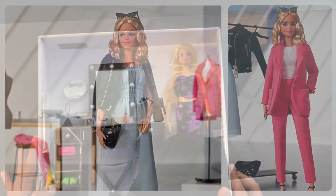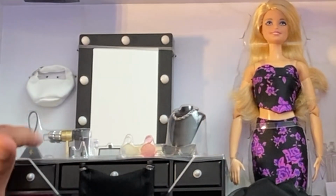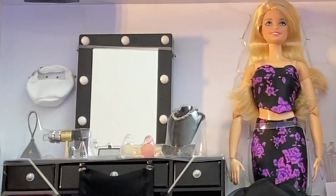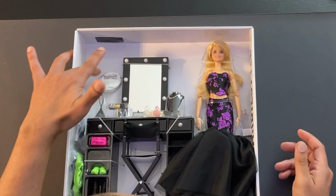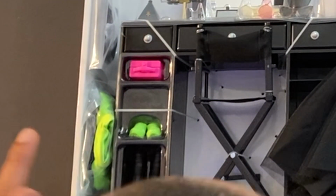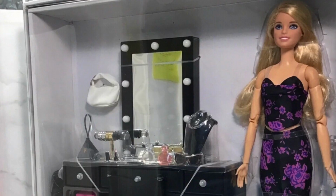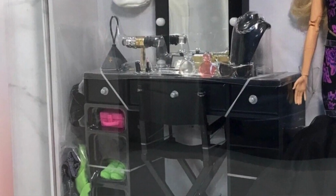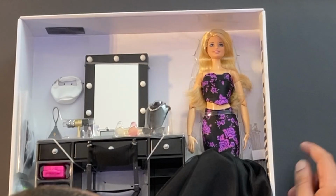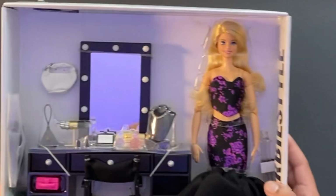So, this doll comes very organized inside the box. As you can see, they made sure to put the objects here on the table. Several objects and a bag here, as if it were hanging on the wall. But what I didn't like about this organization inside was precisely the set of clothes that come here on the side. It seems that it wasn't well planned. So we're going to start taking this doll out of the box, and then we talk about this collection, which